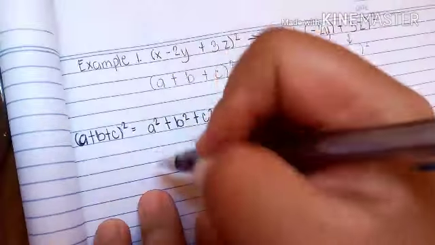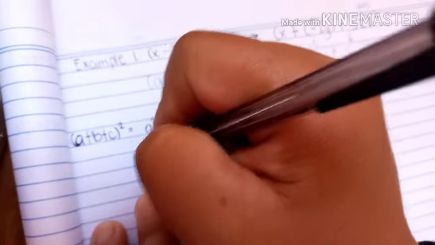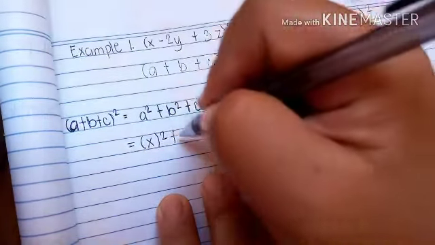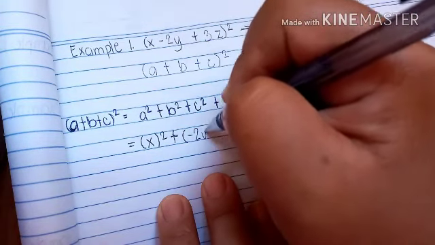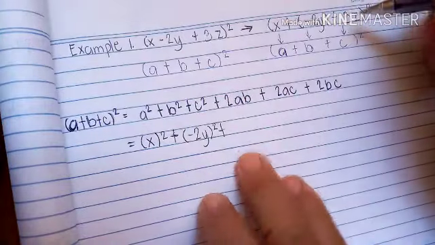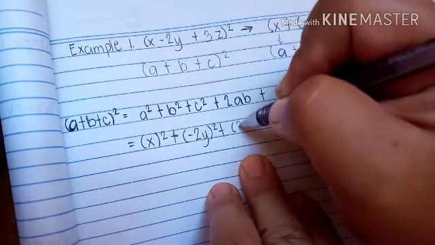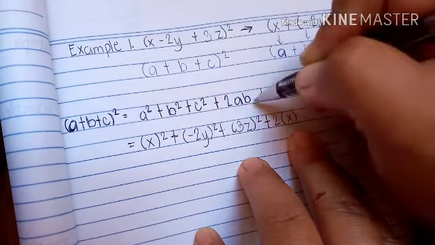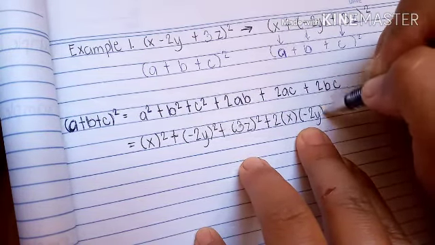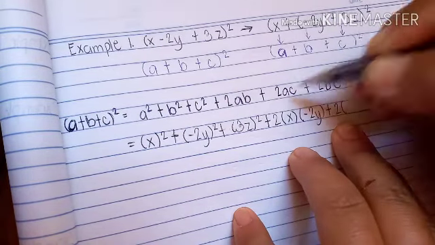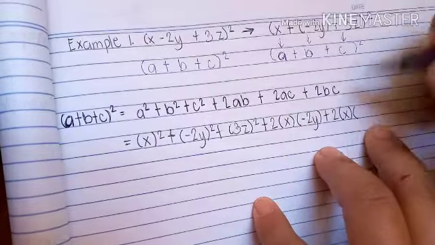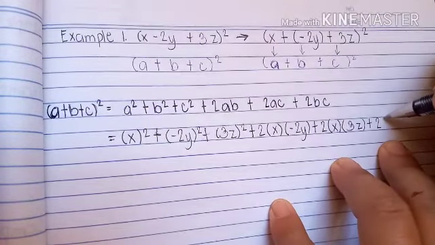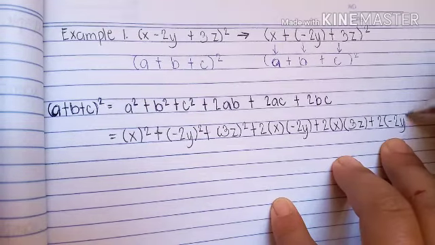So our a is x, we square it, plus your b is negative 2y, so that would be negative 2y squared, plus c is 3z, so that would be 3z squared, plus we have your 2a is x, we follow with your b, so that is negative 2y, plus 2a is x, c is 3z, plus 2b is negative 2y, plus